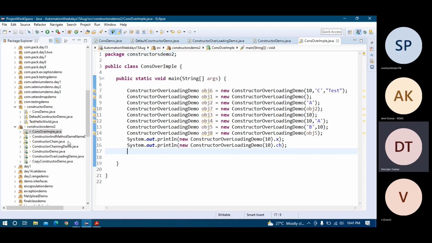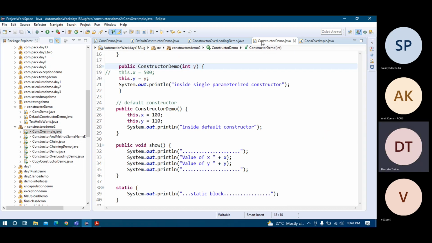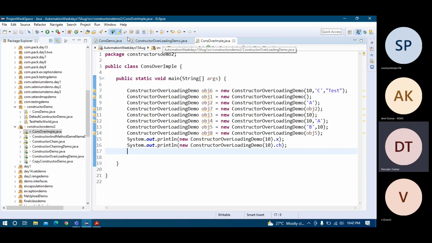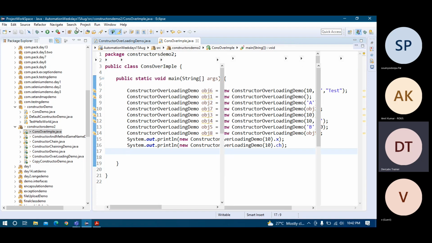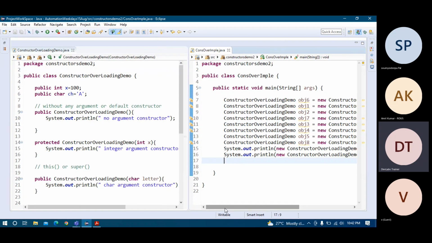So now you can see that I have these constructors overloading and I have the implementation part. Let me show you side by side so that you will understand which one is called when. I have designed all the constructors, but how to use them? For using them, I have to create one main method, and inside that I will try